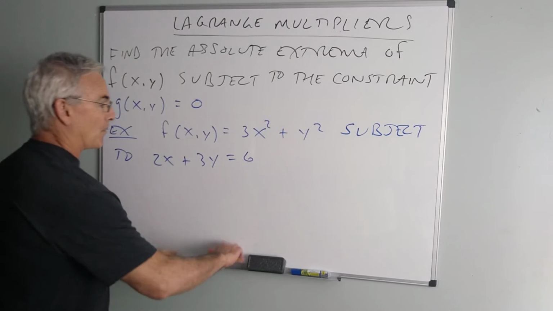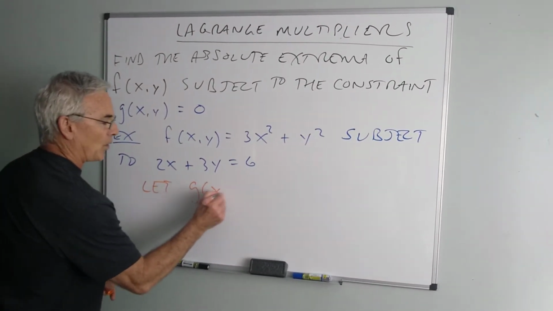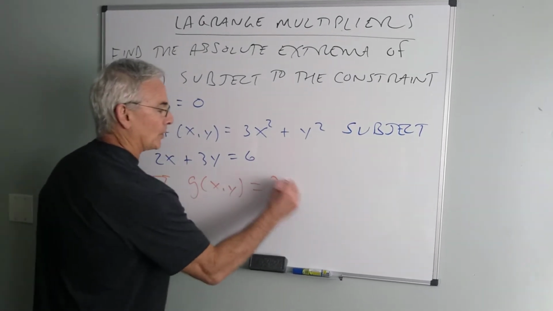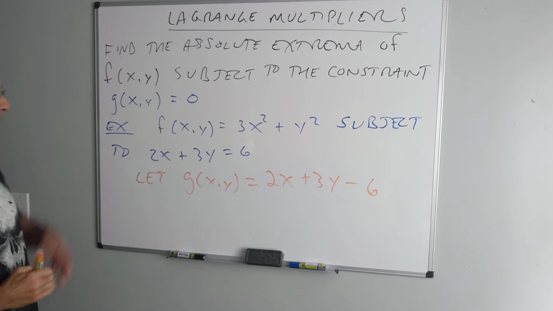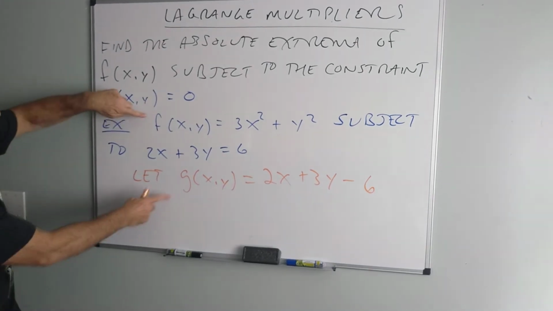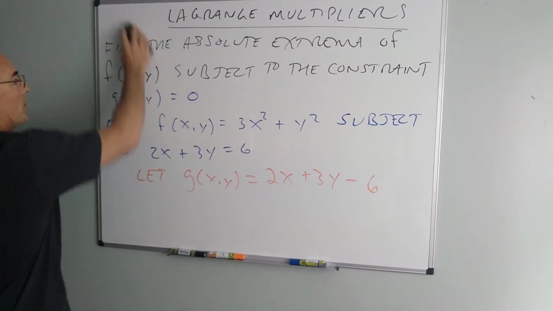So right off the bat, what we're going to do is say, let's let g of x, y be 2x plus 3y minus 6. Now I've got the constraint, and now I have two different functions of two variables. Now the Lagrange multiplier process,